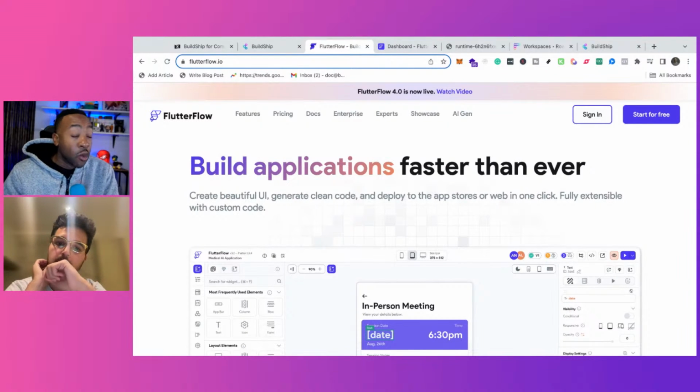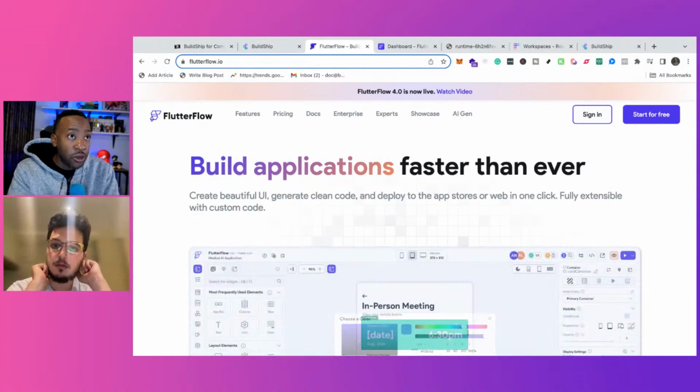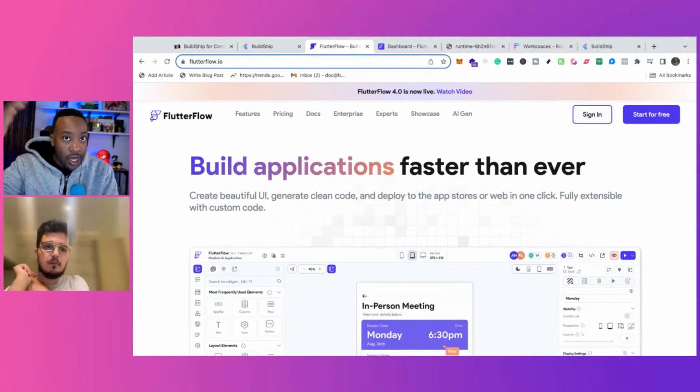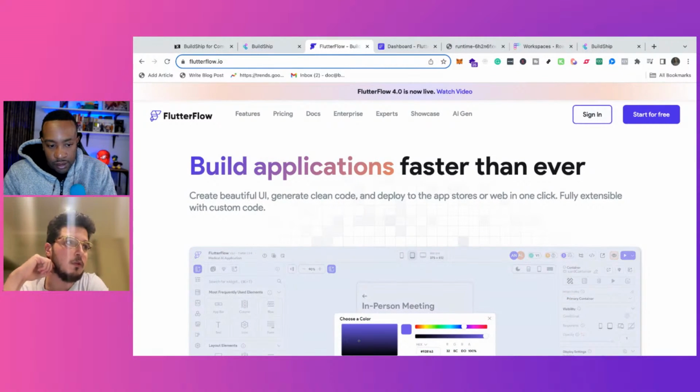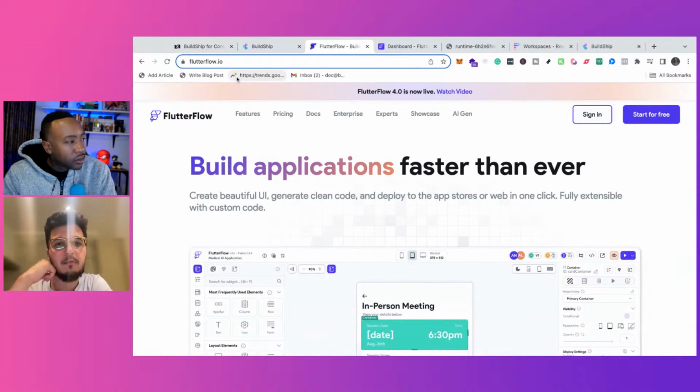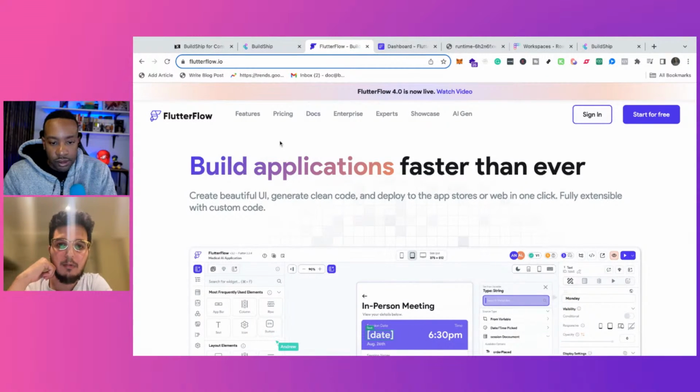Would that be easier to add later on in BuildShip, so you could expand if you wanted to later on? Yeah. For example, if the person only wants to do it for one person, then we don't need the complexity of a sign up, right? So we could just do